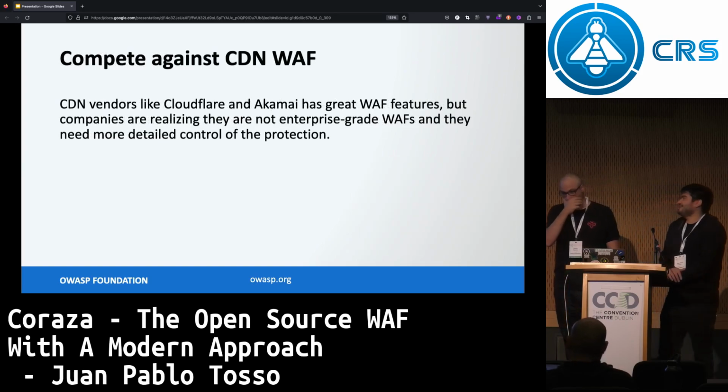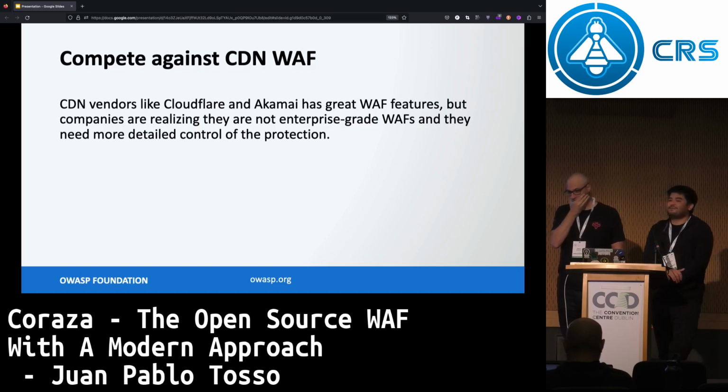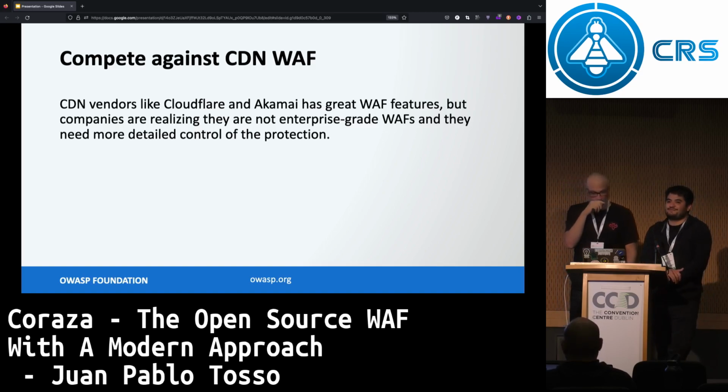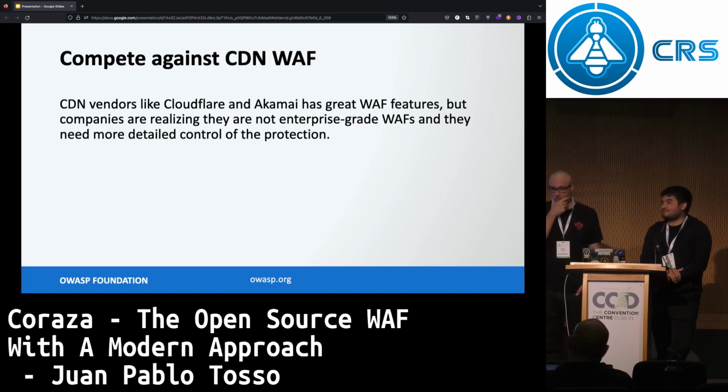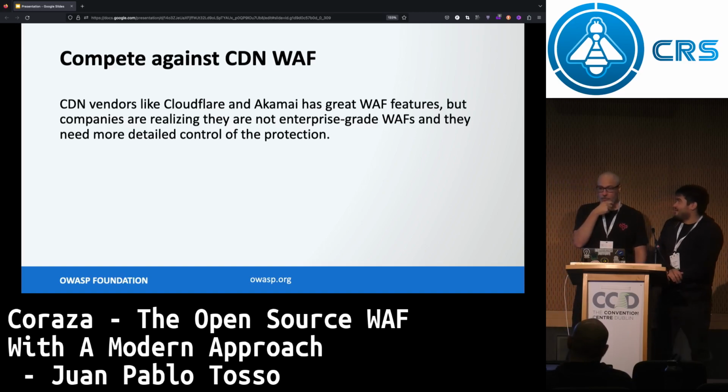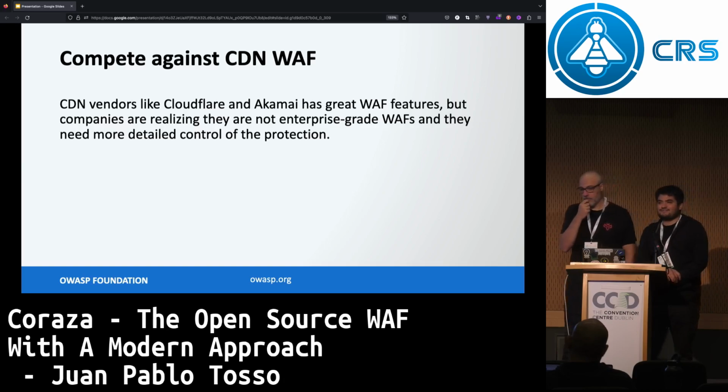And the other topic is how do we compete against CDN WAFs? Because everyone is using a CDN right now. You have Cloudflare, Fastly, Akamai, anything you want. They provide WAF features, but they are not web application firewalls.